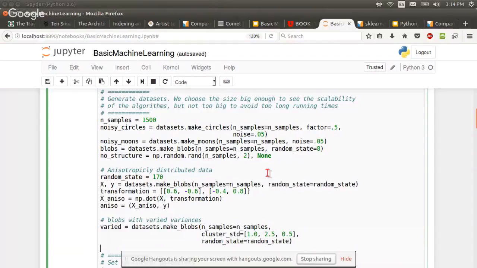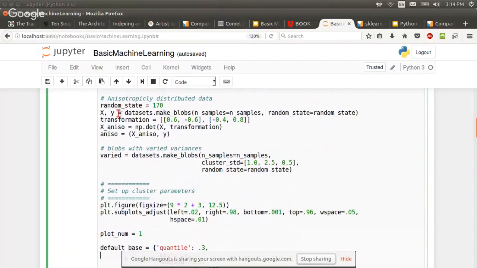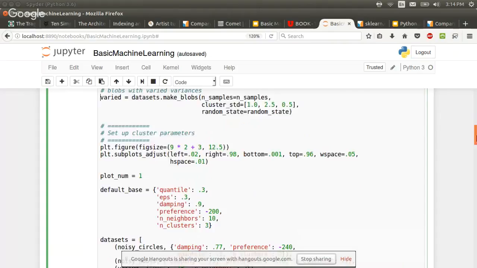And this is another example where you're calling something in data sets, this make blobs is going to return an X and a Y. If you're from a Java or C++ background, you don't normally see this, but this is Python, and I'm getting familiar with Elixir. Elixir does this. I'm sure a bunch of languages do, where you're expecting 2 return values, so you just assign them to 2 variables. They're making another data set here. So they spend some time just setting up these data sets to analyze.